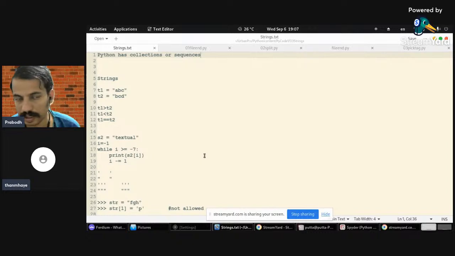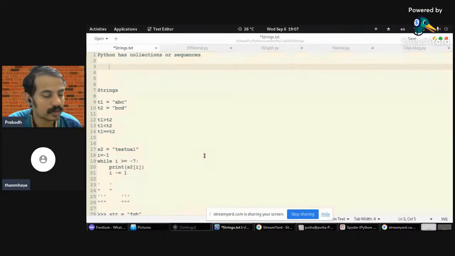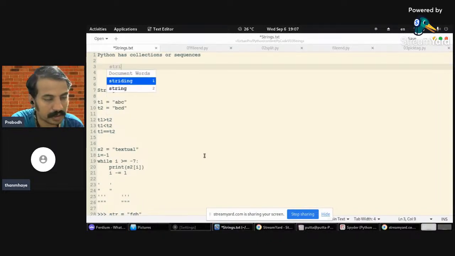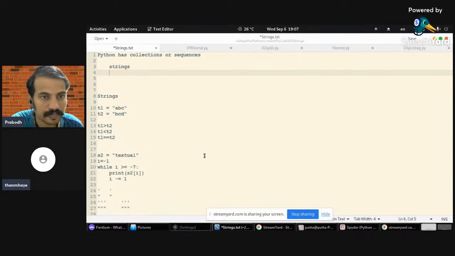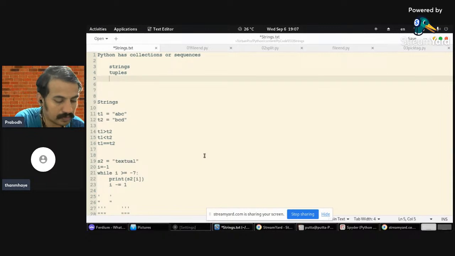But Python also provides features to store a set of values, or a collection of values. Examples of them are strings, tuples, lists,